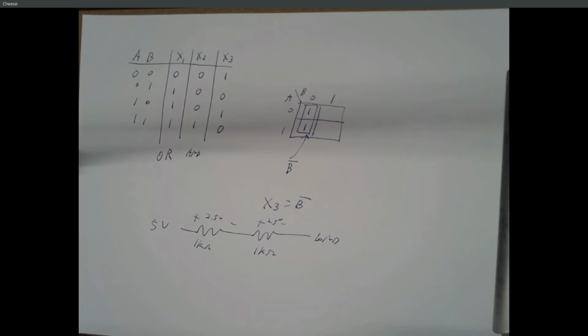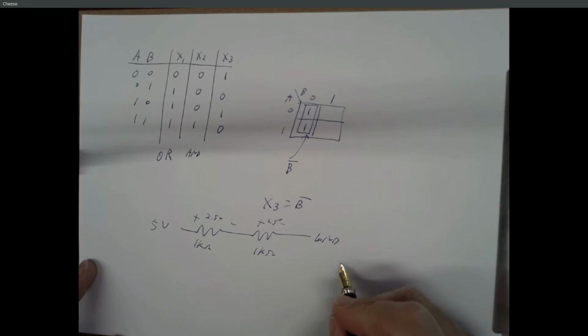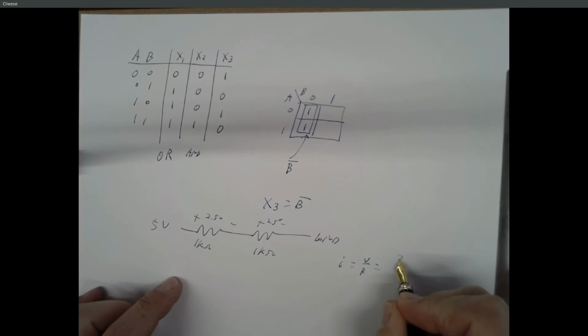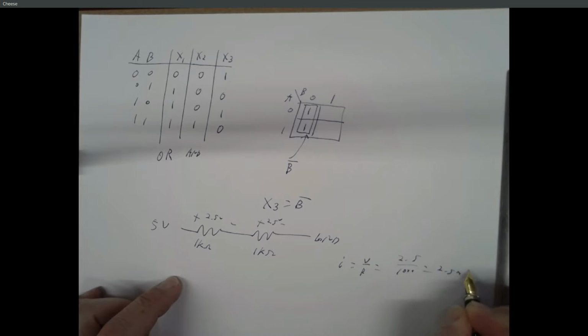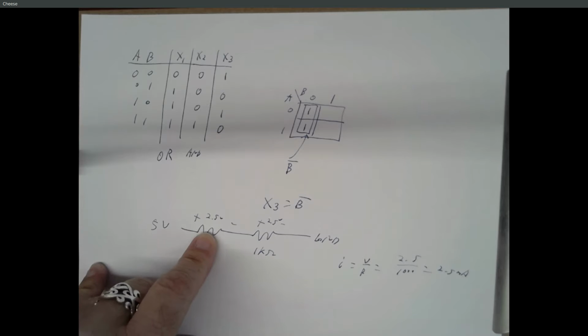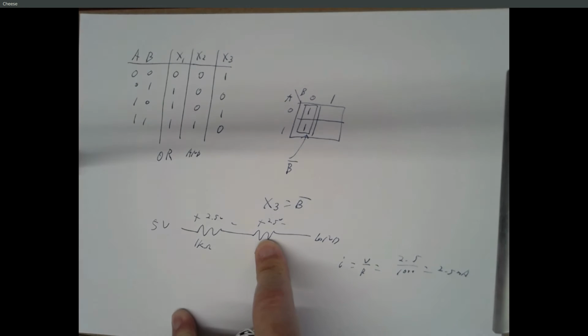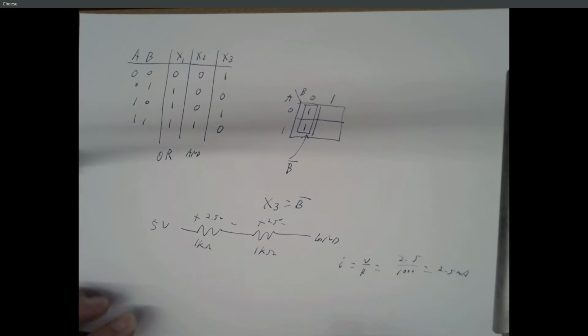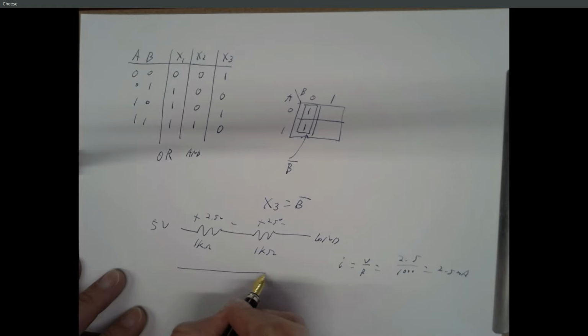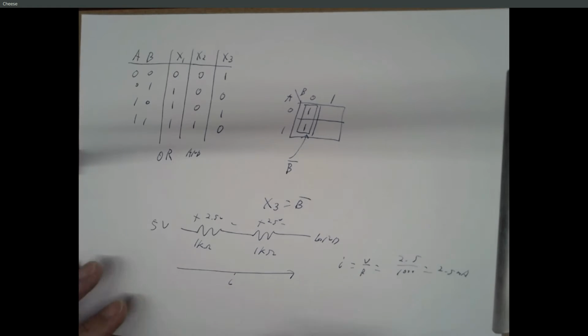And for 3 resistors you get 1.667 volts. And the current is always your voltage divided by your resistance. So in this case it would be 2.5 over 1,000, so 2.5 milliamps across one resistor. If I tried to calculate the current across this resistor, it's still 2.5 over 1,000, 2.5 milliamps. Right, which is just confirming what we've heard, which is that in series the current's always going to be constant,